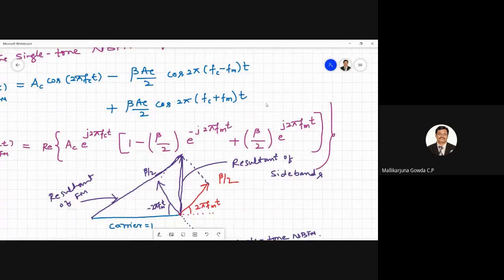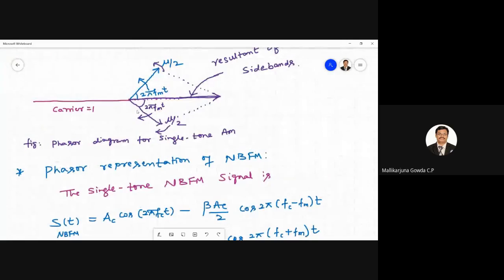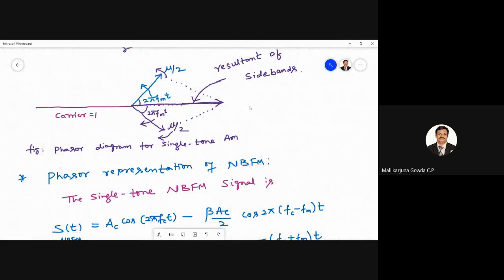I think we'll just go back. This is the resultant I said. So this is in phase with the carrier phasor. So this is my carrier phase. This resultant of the two side bands is in phase with the carrier phase. Because of this, we say the resultant of the AM phasor will have an amplitude different from the carrier phasor. So we all know in AM, the amplitude of the carrier is varied